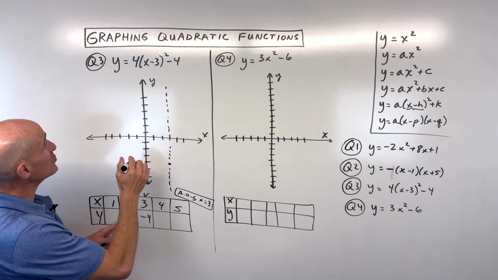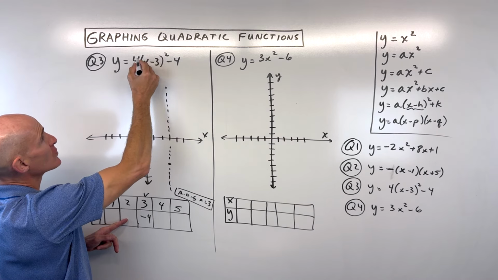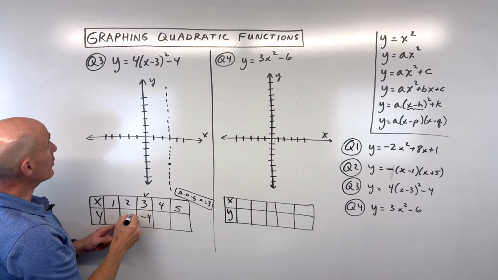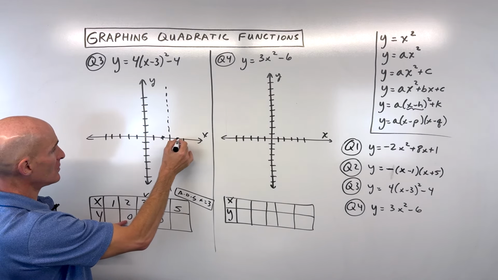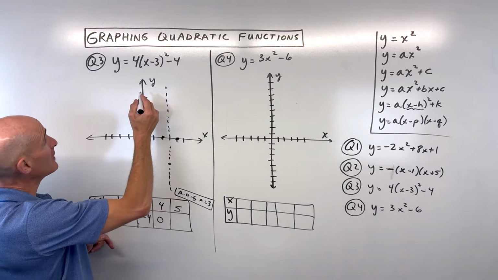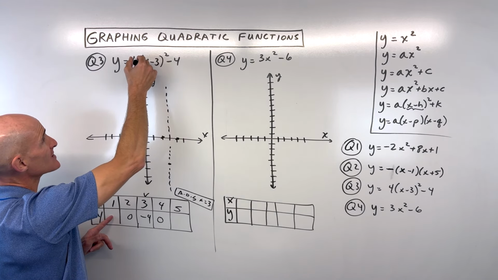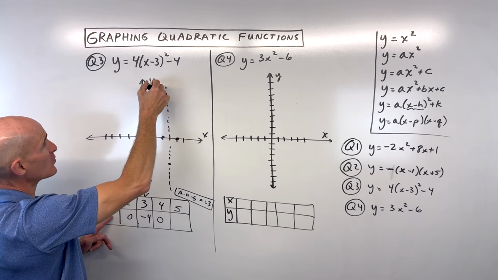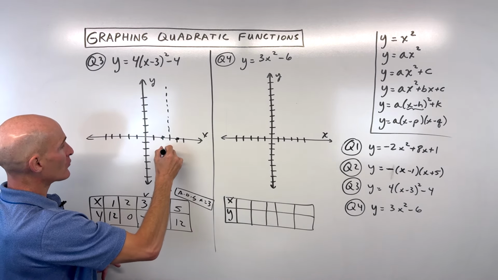So let's say if I put 2 in, 2 minus 3 is negative 1. Negative 1 squared is 1, times 4 is 4, minus 4 is 0. So that means this is also 0. So let's plot that. So 2, 0, 4, 0. If we put 1 in, 1 minus 3 is negative 2. Negative 2 squared is positive 4. Times 4 is 16. Minus 4 is 12. That's way up here. Kind of goes off our graph a little bit. So I think we've got a pretty good sketch